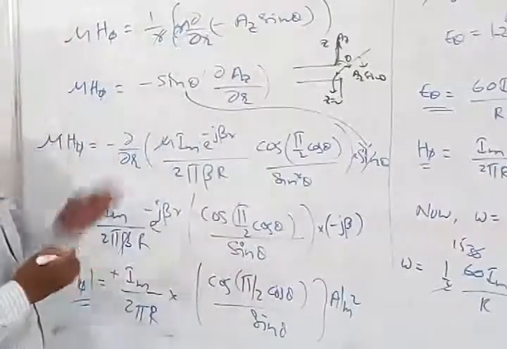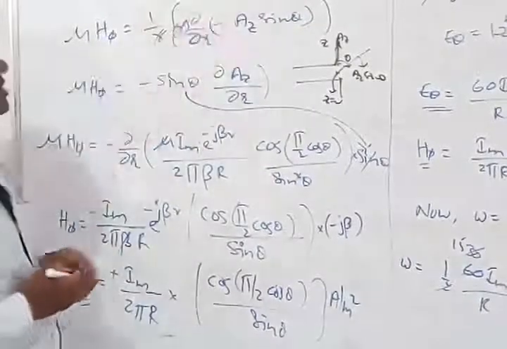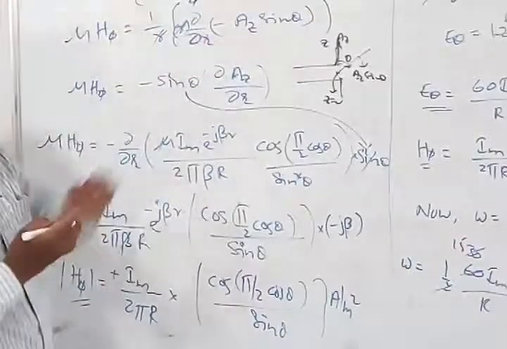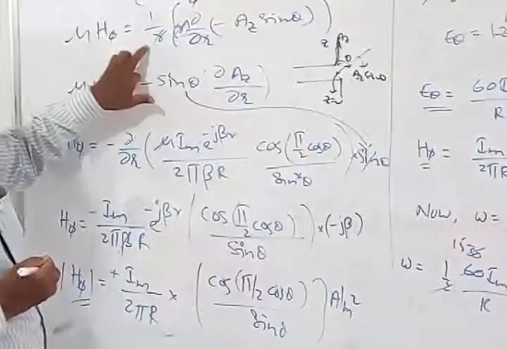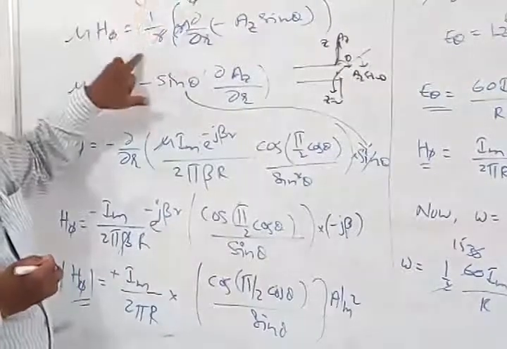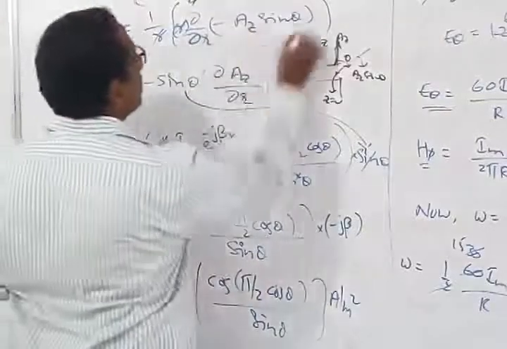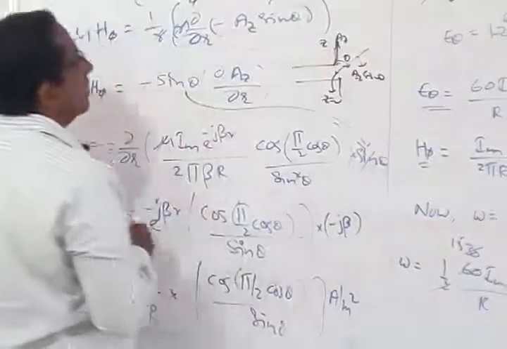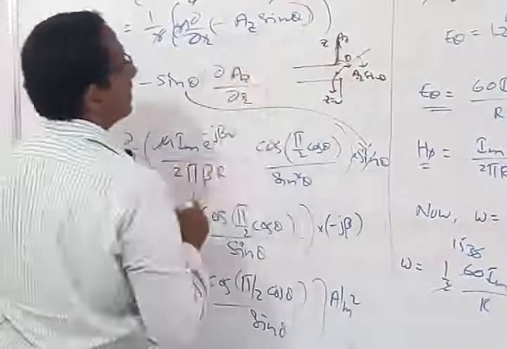So I can write this equation as something like del cross A is equal to B. B is nothing but equal to mu H. So we are looking into the phi direction, therefore I can write this as mu H phi. So this mu H phi is equal to 1 by r. From the determinant previously what we have got, we can write it like this. And for A theta, this is what represented for A theta. So what is A theta? Now A theta is nothing but I have written this as minus of Az sin theta.